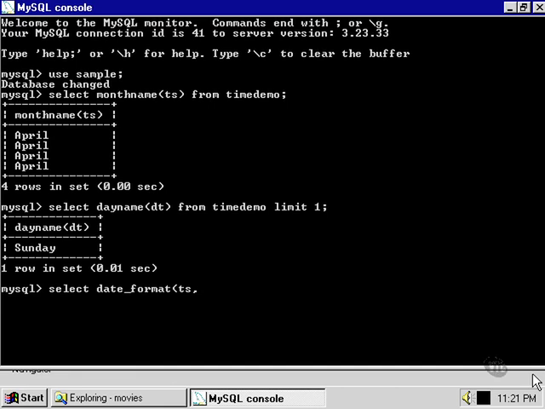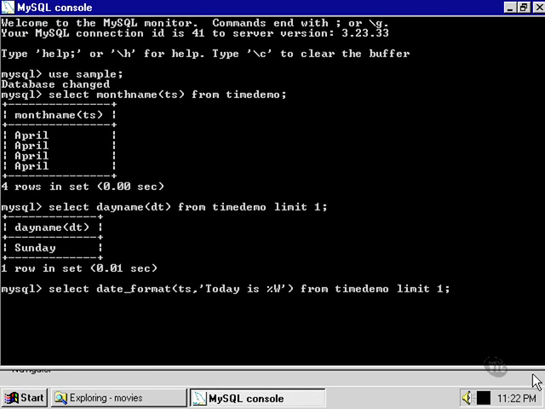The syntax is slightly more complicated. For the first argument, we put in the name of the column where we're going to find the date and time in the first place. The second argument is a string between 2 inverted commas, and that is going to take whatever we want. So we can put in today is, and then we can use the percent sign to show one of the special characters that we use along with the date format function, and you can find a complete listing of these characters in your MySQL documentation. But let's take a look at a couple of examples right here,